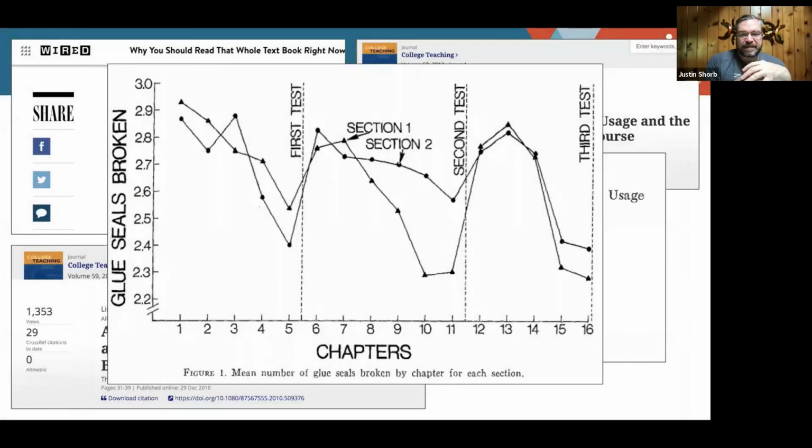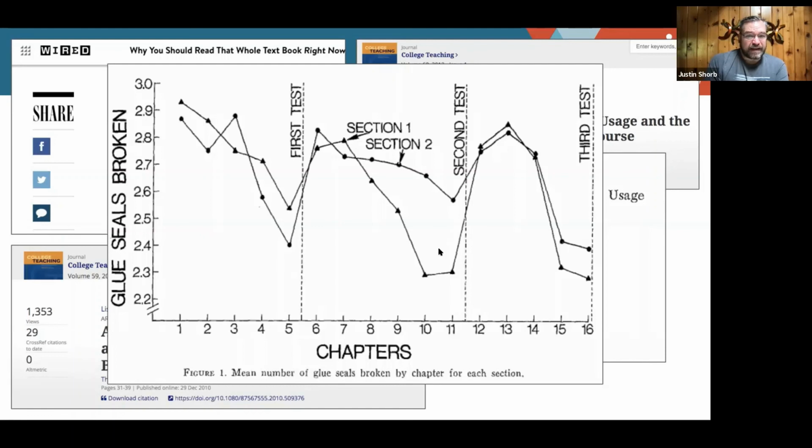And this is a picture of what they discovered. On average, students were only breaking around 2.5 glue dots per week. You can see there's obviously a little drop there, possibly because it was the beginning of a test section. So some students read more, and then you obviously wouldn't read very much right before. You wouldn't break any new pages right before a test because you'd be reviewing old pages. So you get this little pattern that comes about.